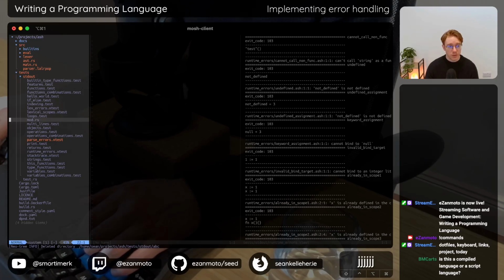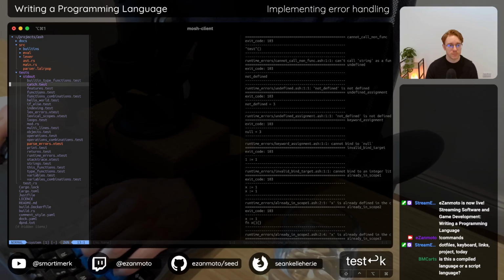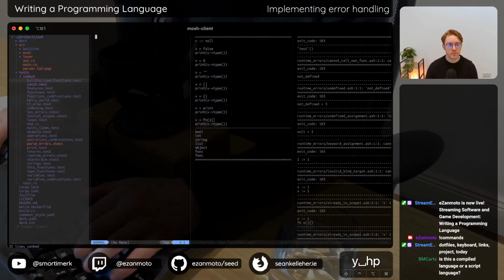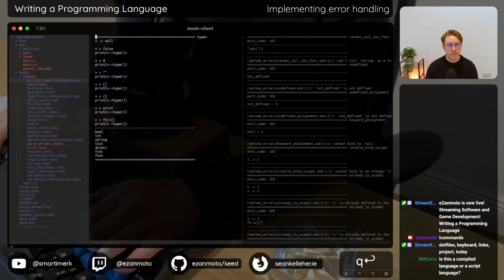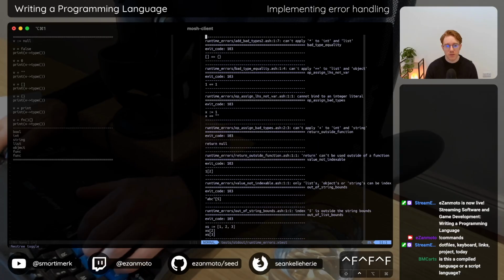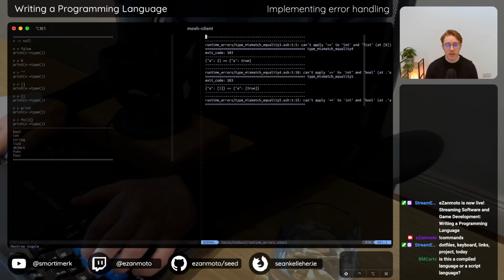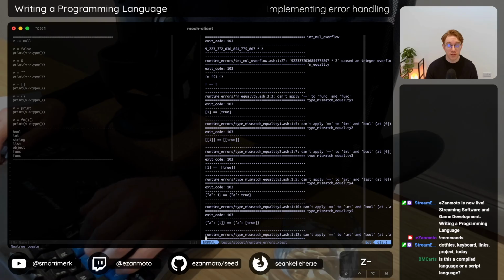So back to where we were. We were going to add some tests for catch. We'll just call it catch tests for the moment. And most of these are just going to, well, some of these are going to be errors that in general you don't want to handle. So that's something that when I'm writing the